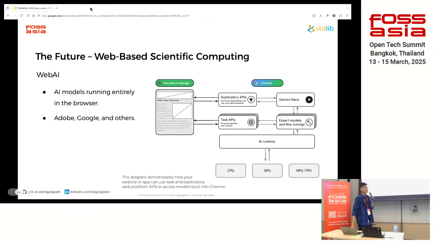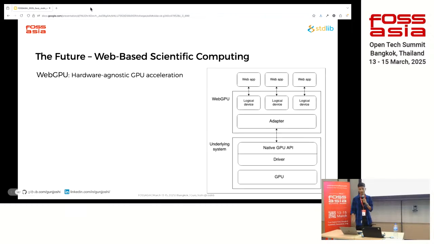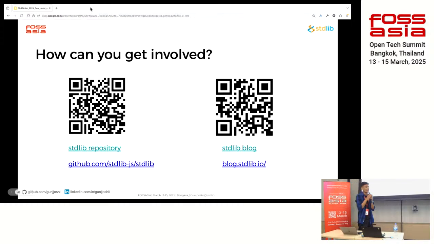There have been multiple efforts such as Web AI, where you can run entire AI applications on the web using Chrome, WebNN, and WebGPU as well. With WebGPU, you can use GPUs inside the web browser, so no need to use clients or GPUs in cloud-based environments. Finishing my talk, if you really want to get involved in standard lib,